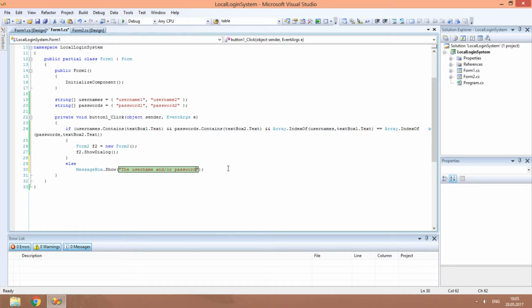The second way is to store the usernames and passwords in a TXT file. Of course, you should not keep it in the same folder where the app is, but we will do so just for convenience.